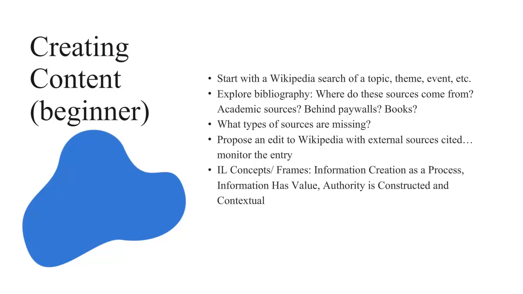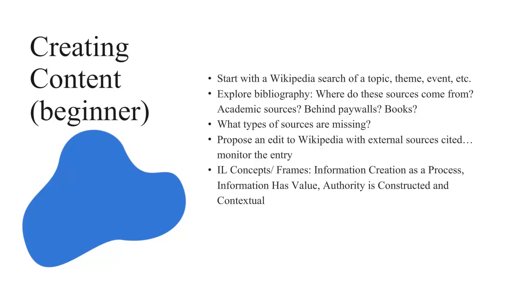Creating content feels like a more challenging activity than a beginner level one, and there are variations of this and the research starter activity that are incrementally more advanced. But this version of creating content is precisely the kind of next step activity that you're already likely expecting students to do in your classes. The overall concept is to use Wikipedia's bibliography and reference sources at the bottom of entries as a model for what you expect from your students who are learning about your subject area.